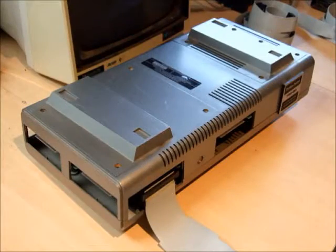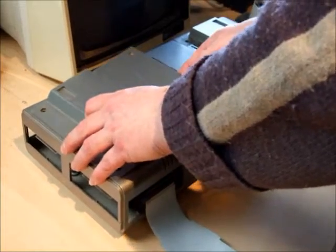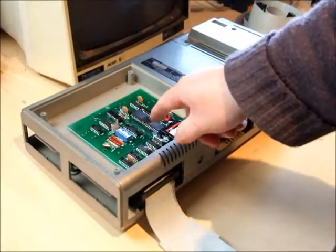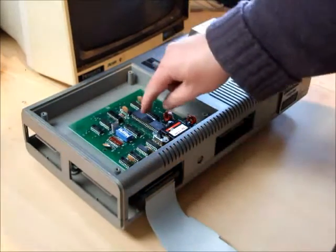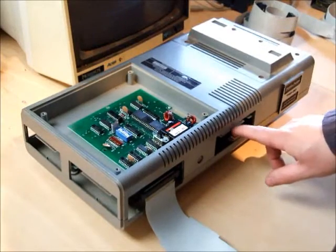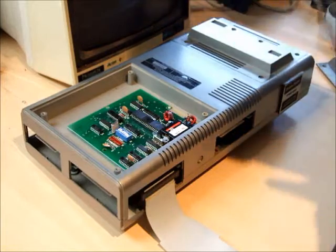We have an expansion interface for the Model I. If you want to connect a serial device to your Model I, you need a serial interface installed in this compartment in the top of the expansion interface. The serial interface connects with the front connector here, and the front connector typically, when it was new, came with